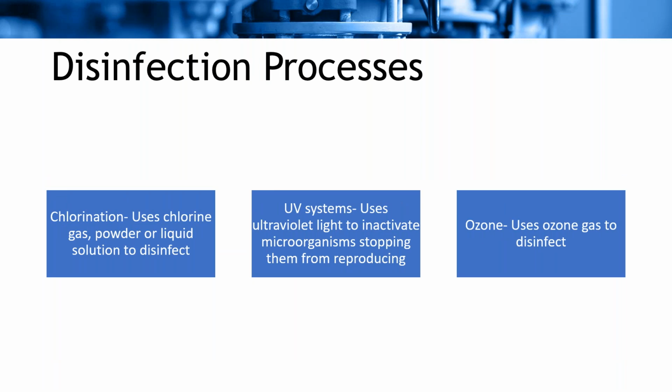So here's just a quick overview of some of the disinfection processes that we're going to cover. There's chlorination, which typically uses chlorine gas, chlorine powder, or liquid chlorine solutions to disinfect wastewater, treated wastewater. And then you also have UV systems, which use ultraviolet light to inactivate microorganisms, which stops them